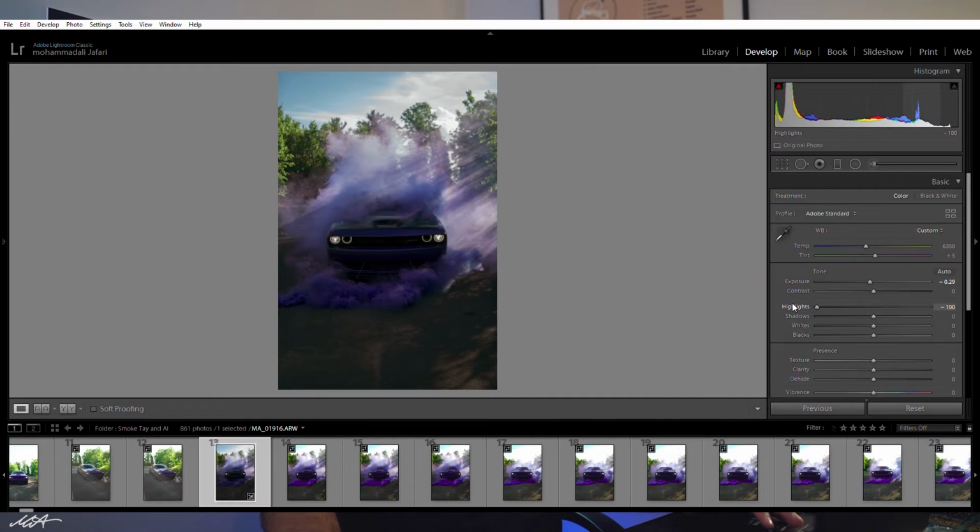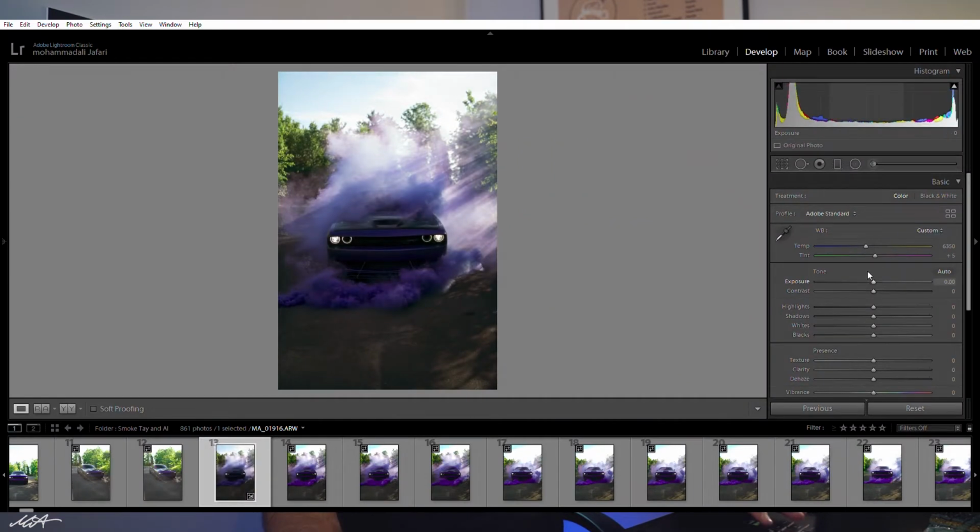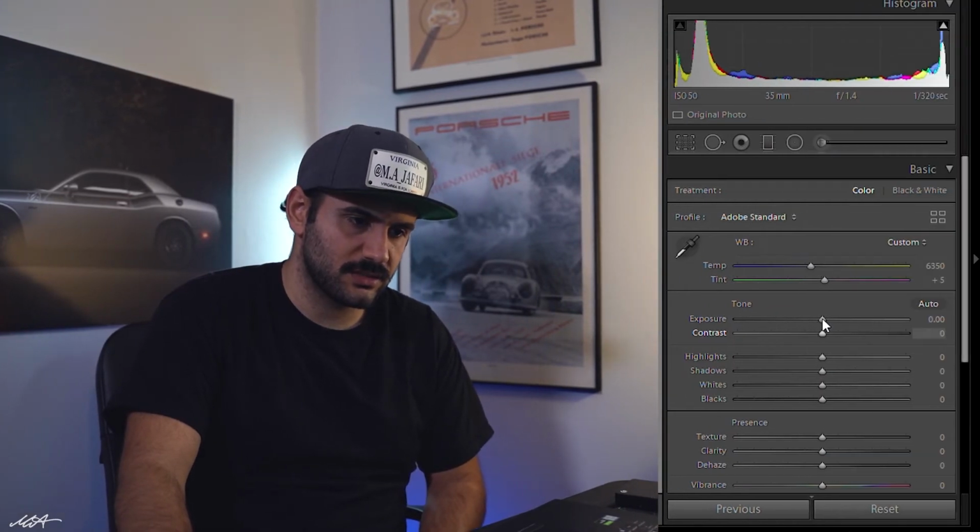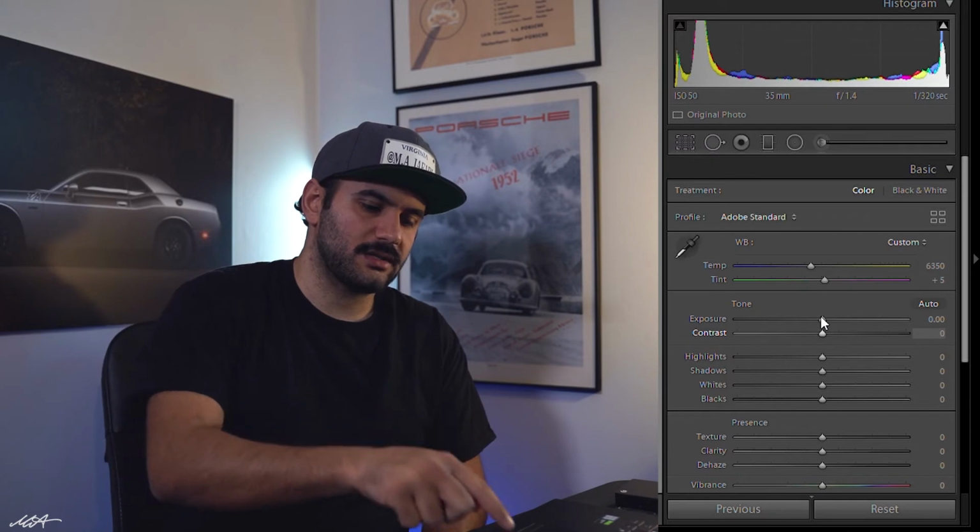Sometimes it's just too much like this. You're losing a lot here, so don't overdo it. Just do it right. And then here you have your shadows. So how you can change this slider, I forgot to say that. You can either hover over it, just click on it and move it, or you can click on it, then move it with the arrows here,